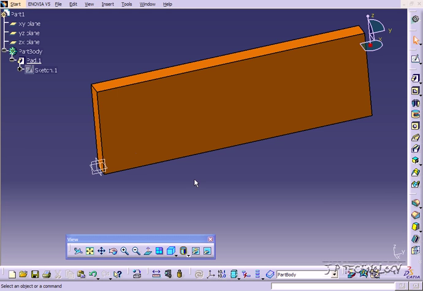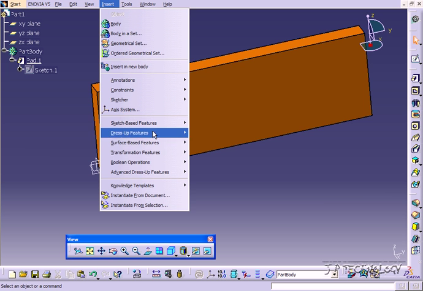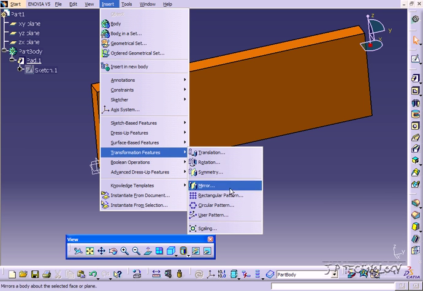This is tutorial number 71, and it covers how to use the rectangular pattern feature within CATIA v5. To start off, open up tutorial part number 71, which is located on the DVD. Now to find the rectangular pattern feature, click Insert, click Transformation Features, click Rectangular